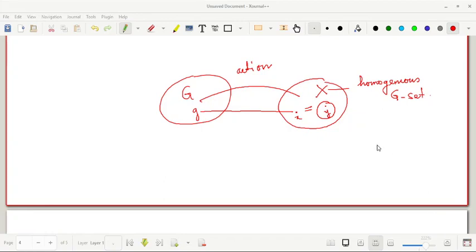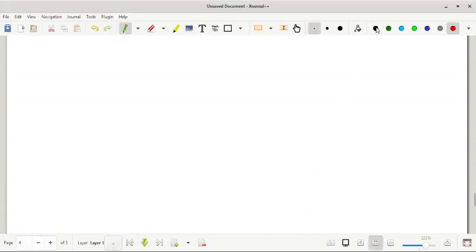Okay, so let's see the problem. Suppose we start with our known examples. We have seen an action from R cross R2 to R2 given by